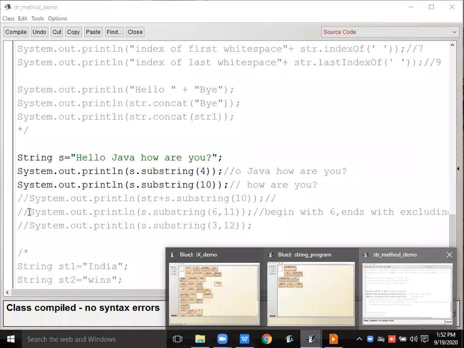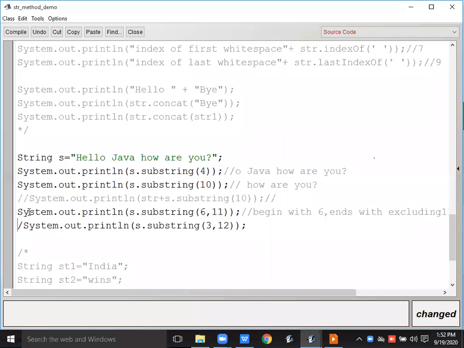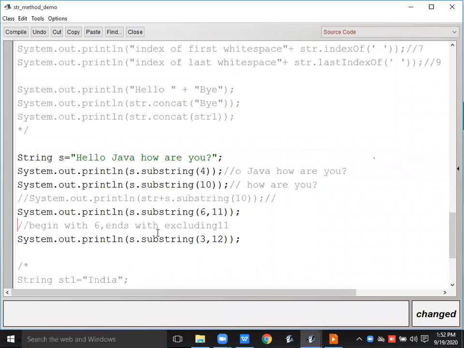Now see this. System.out.println(s.substring(6, 11)). 6, 11 means what? You can write it. Write it, everyone. System.out.println(s.substring(6, 11)). And here I have written in the comment, begin with 6.